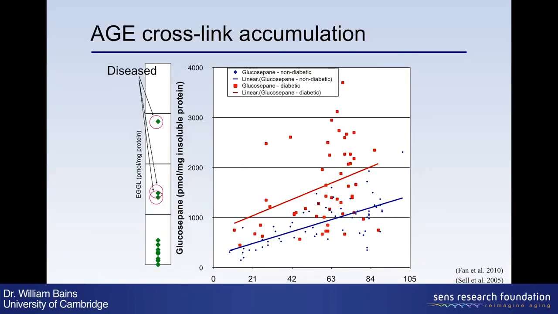What's really informative for talking about disease is the red ones. These are samples from people with diabetes. Now remember the glycation crosslinks, all the advanced glycation products are made by reacting sugars with proteins. If you have more sugar, you'd expect more reaction, and that's what you find in almost any chemical reaction. Diabetics, of course, are people with abnormally high levels of sugar in their blood.